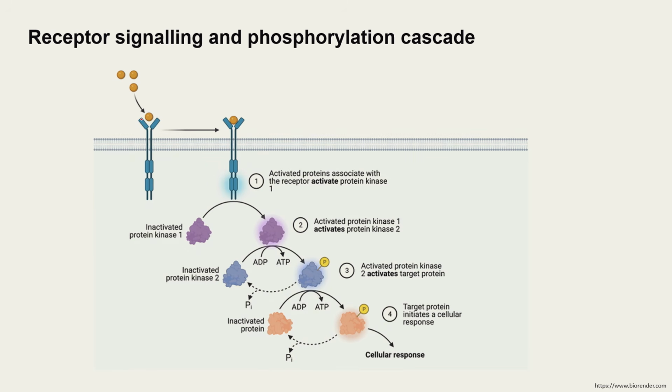So there are multiple proteins present on the cell membrane. This is the cell membrane here, and these are the proteins present on the cell membrane, spanning it. This is an extracellular domain, this is an intracellular domain, and this is a transmembrane domain. So the protein could be divided into three parts, where the outer surface, which is called the extracellular domain, can bind